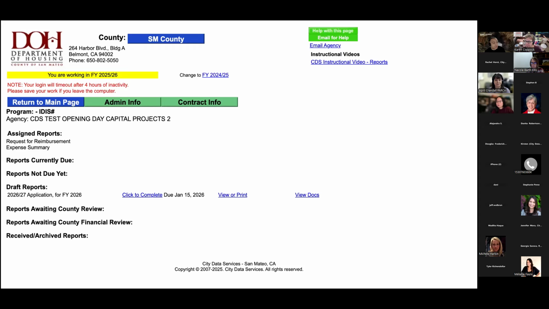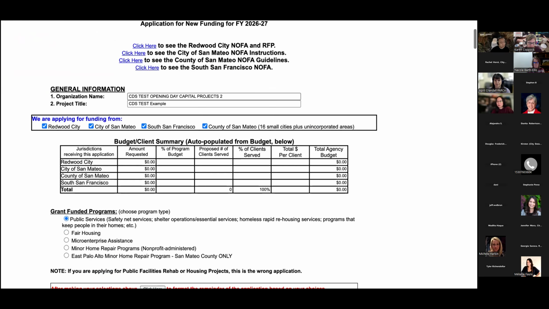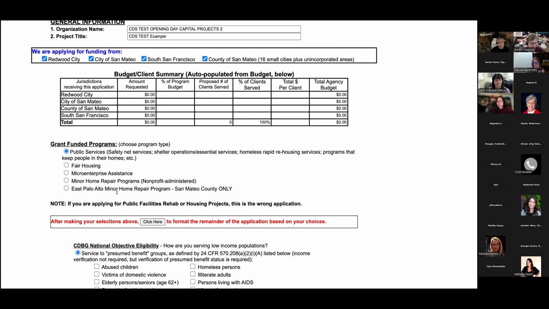Okay. Oh, there's a question in chat. Special funding for East Palo Alto. Can you please review how our application should indicate we're open to receiving those funds? I'll jump in on that one. Thank you for the question. For East Palo Alto, the city of East Palo Alto is likely going to provide funding for a minor home repair program in their city.